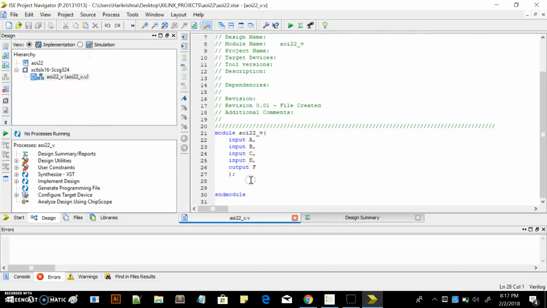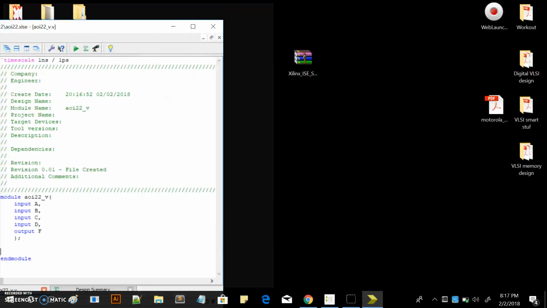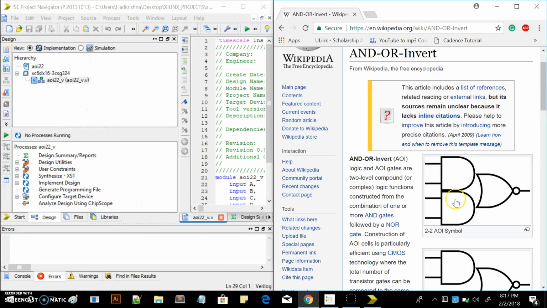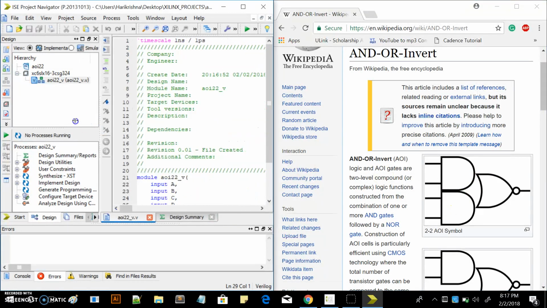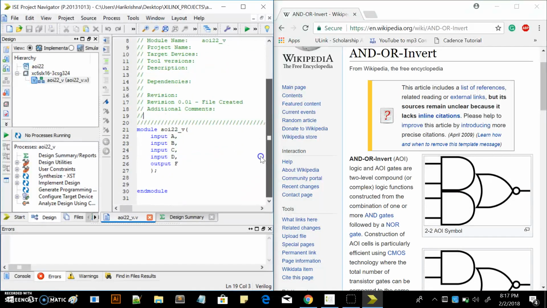Now let's use structural Verilog description for this particular project. Now let's take a look at this. So the symbol is going to be, this is my symbol. So let's scroll down. So first thing I'm going to do is AND A and B and output it to a wire 1. So let me define a wire